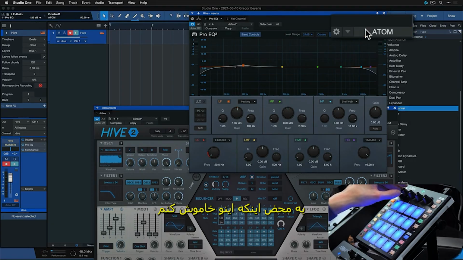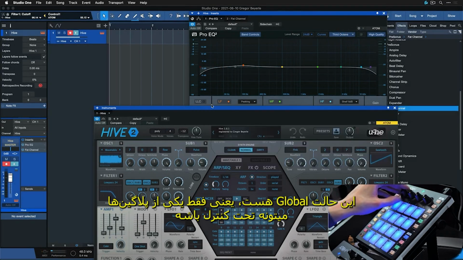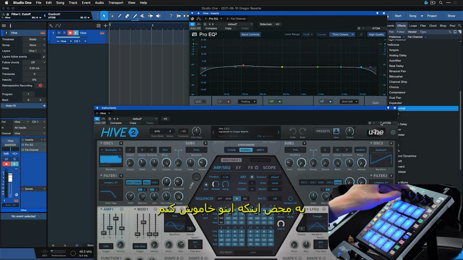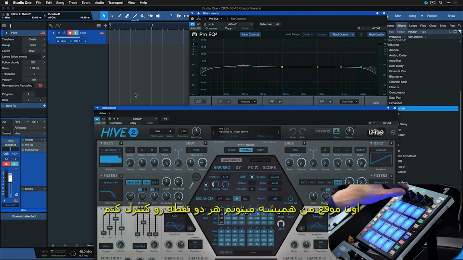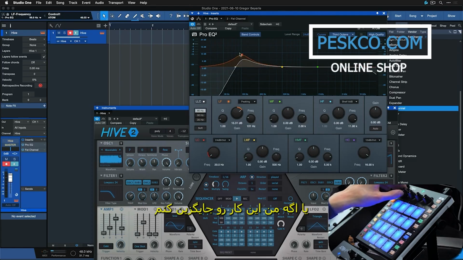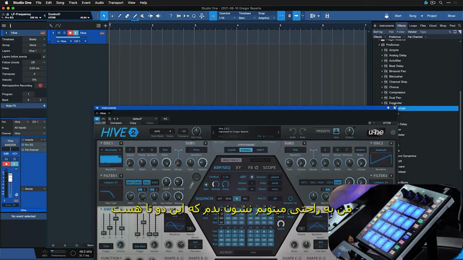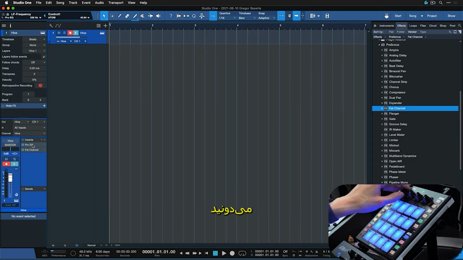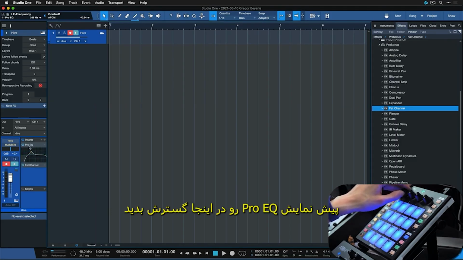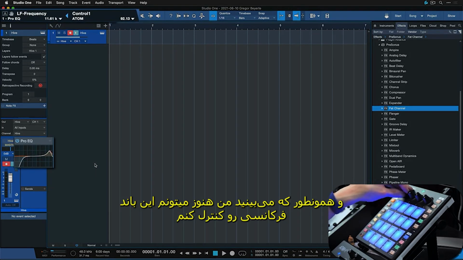As soon as I turn this off, this assignment is global, and that means only one of them can be active at the same time, right? As soon as I have this off, then I will always be able to control either the cutoff, or if I override this assignment, the EQ, and that will always work regardless of the plugin window being open or not. I can easily demonstrate that this is true. I can just expand the preview of the Pro EQ here, and as you can see, I'm still able to